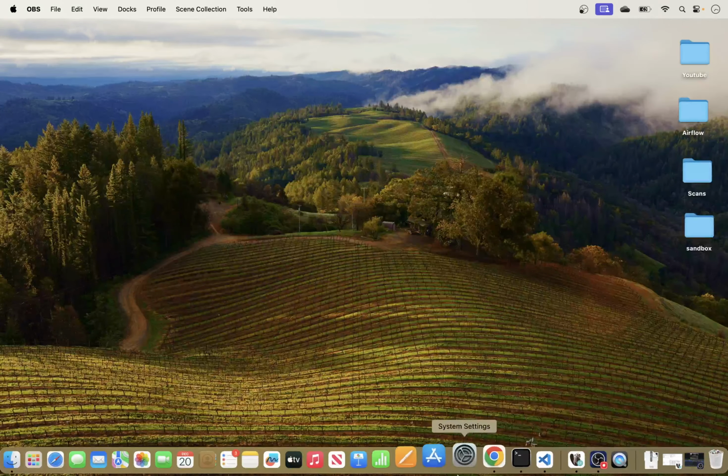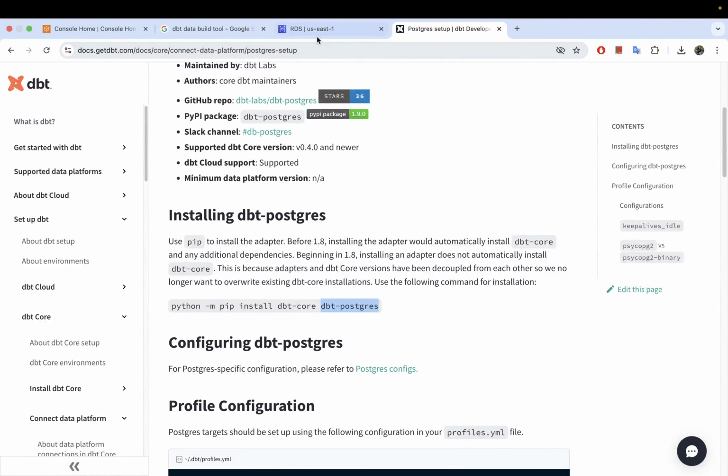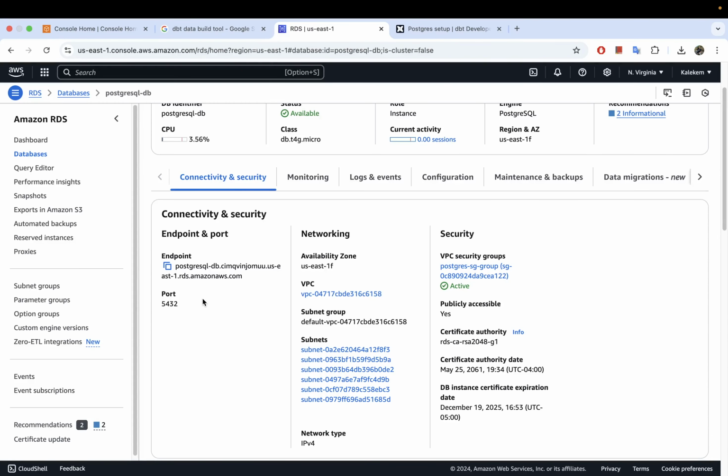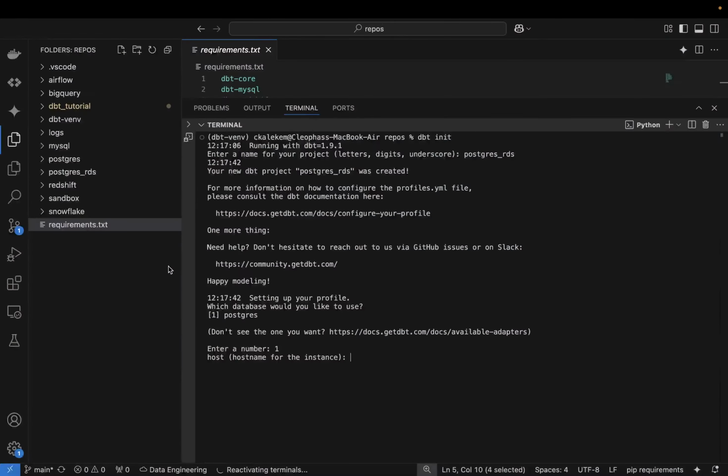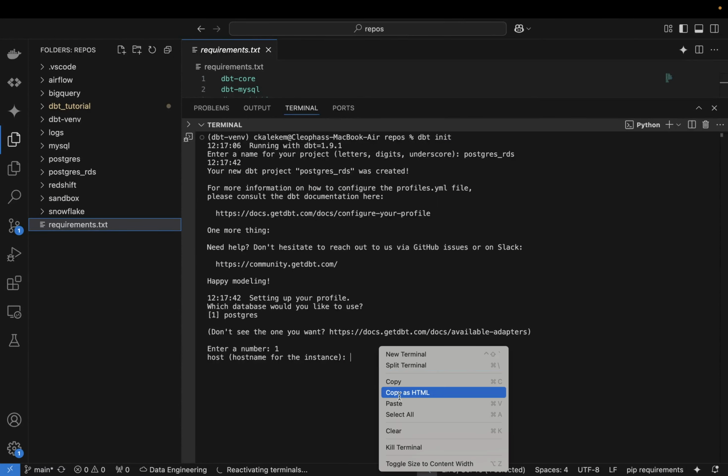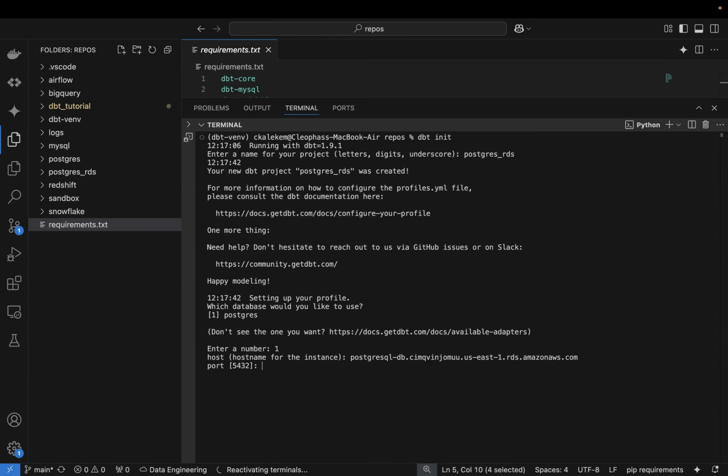So we will switch over to AWS RDS, and the host name that we want to put right there is this one here. So I'm just going to copy this endpoint, and paste it right here like that. Okay, and by default the port is 5432, so that's okay. We will just click enter, and the username for this one, by default Postgres gives you Postgres as the username,